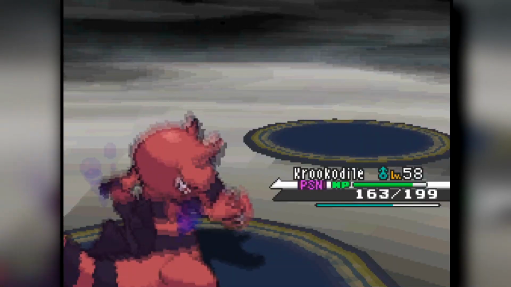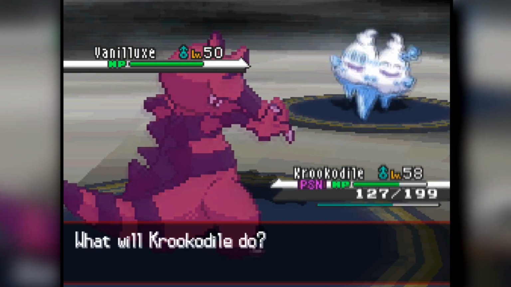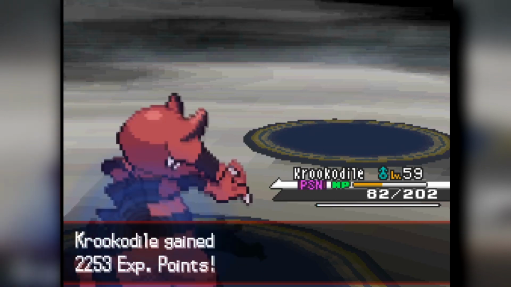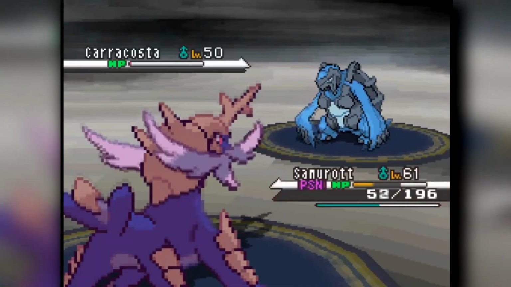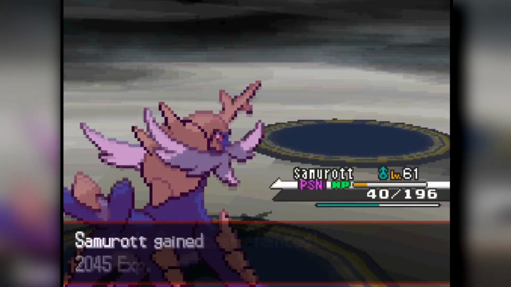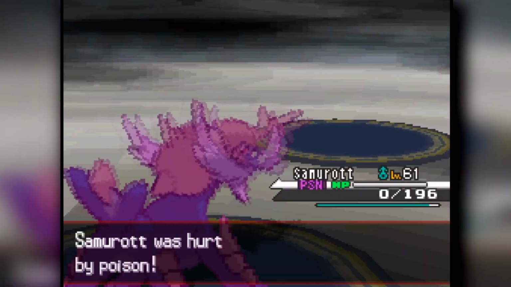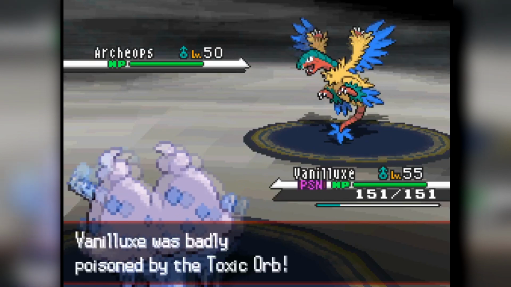I get 3 kills with my Krookodile, and then at the end, Aqua Jets me with Carracosta, knocks me out. But I'm in a right form to knock out the rest of his team. Knock out his Carracosta for him. Klinklang gets knocked out,